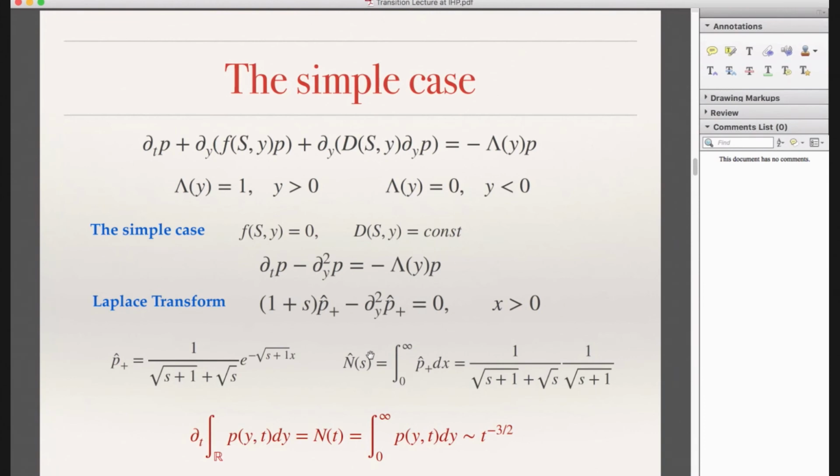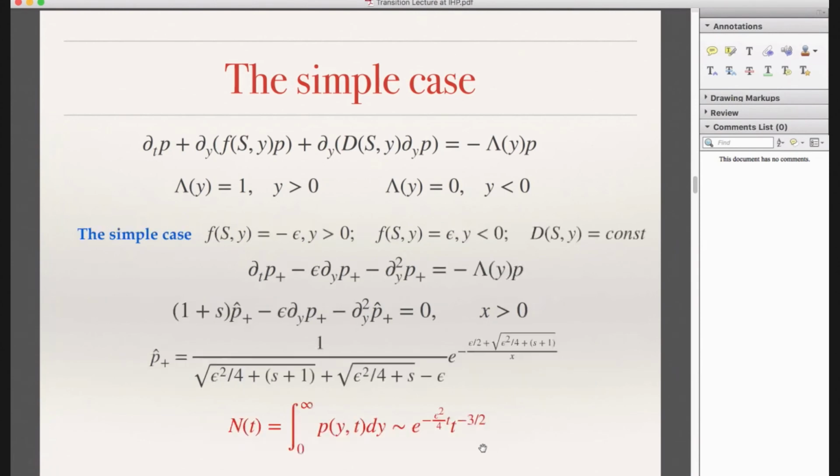Exact calculation shows that the waiting time distribution should obey some power law decay for this simple case. To explain why there should be a transition, we need to add the drift. The drift here, this f, in order to make the computation simple enough, we first try